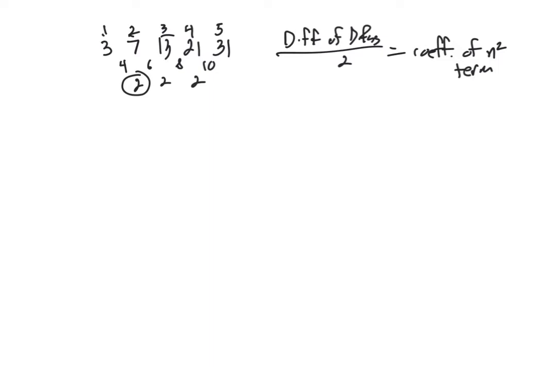So what we'll do first is look at the difference between our sequence and a sequence that would consist just of n squared. If we had just n squared, we'd have 1, 4, 9, 16, 25. We then subtract that from our sequence, which gives us 2, 3, 4, 5, 6. The fact that this is going up by 1 each time means that the coefficient of our n term